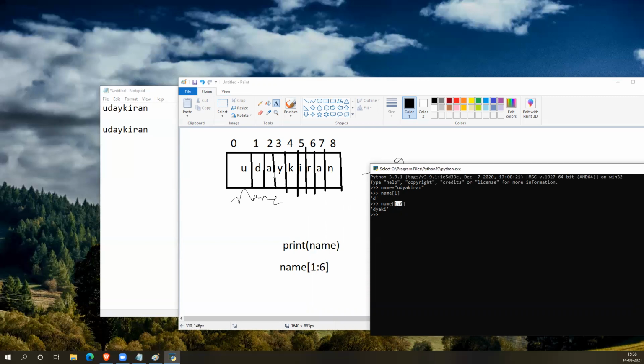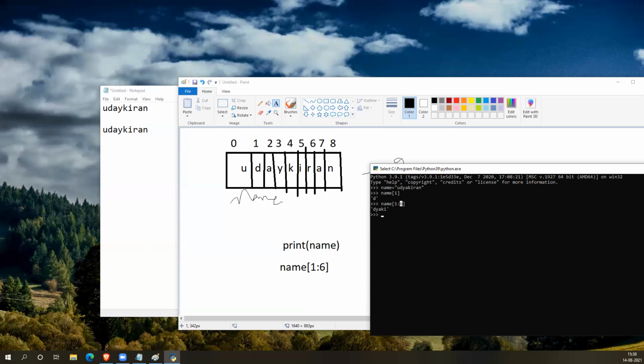From index 1 to index 5, it will be D A Y K I. Here, as I made a mistake, it will be D Y A K I. Understood? So it will stop the indexing at 6. Till before that it will be printed. So it's like an endpoint mark; that part is not included.